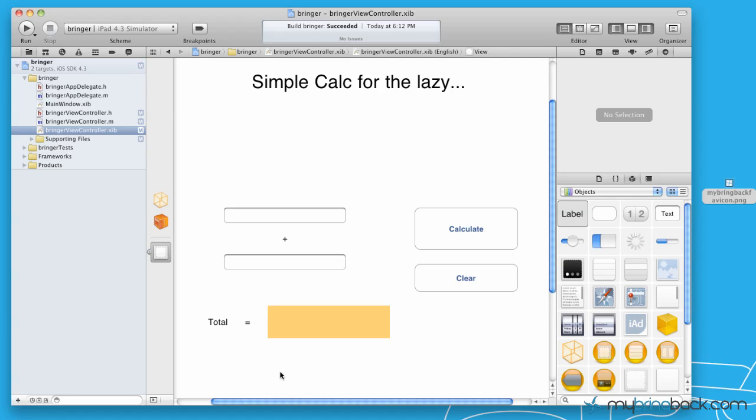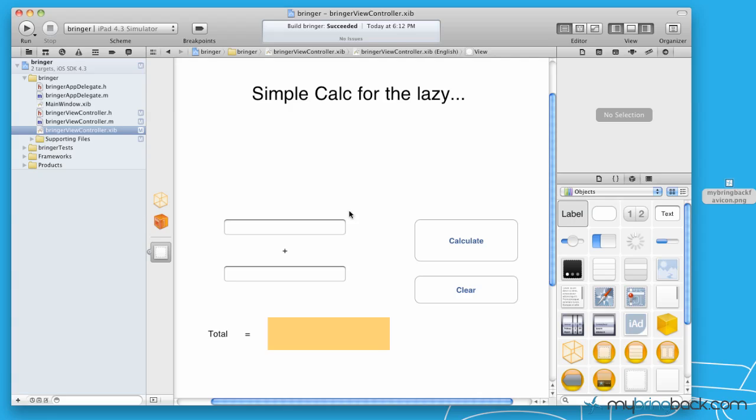Today we're going to look at how to customize your app's icon. We're going to go through some of the standards that are in place and then how to actually implement that into your application to make it a little bit more personalized and market your app exactly to its needs. As you can see, we built a simple calc for the lazy in the past tutorials,